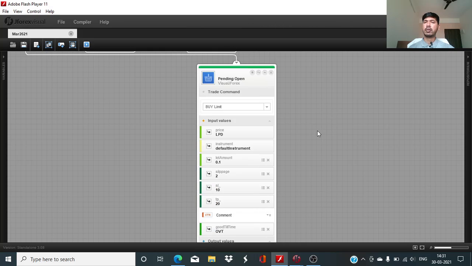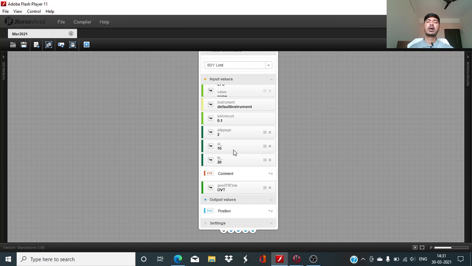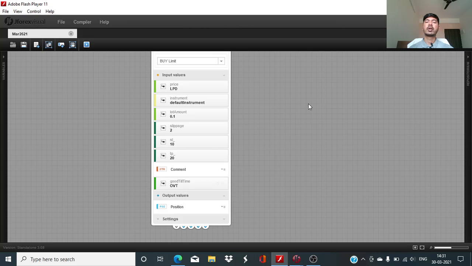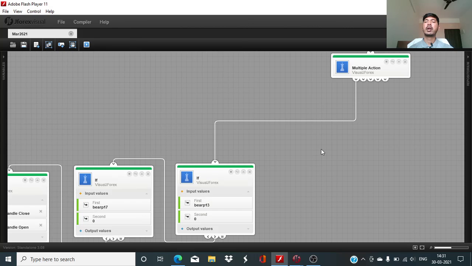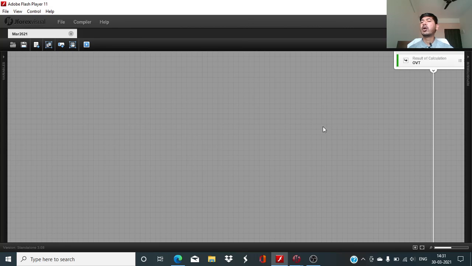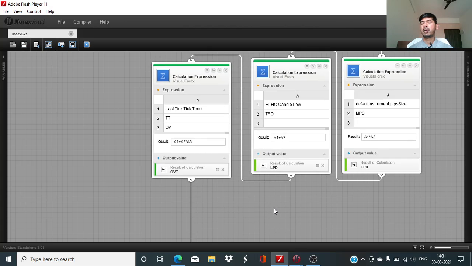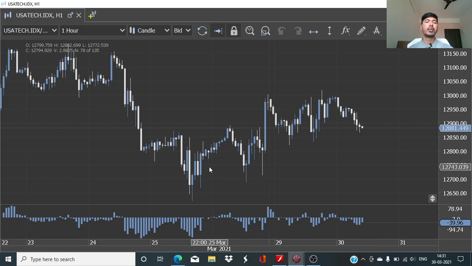And then I had defined these pending open order with the price point being about 10 pips from the lowest point of last 4 hours, and order validity was defined at 2 hours. So the order will remain valid for 2 hours from the point of fulfillment of all the prerequisite conditions. Now in today's setup, we are going to start